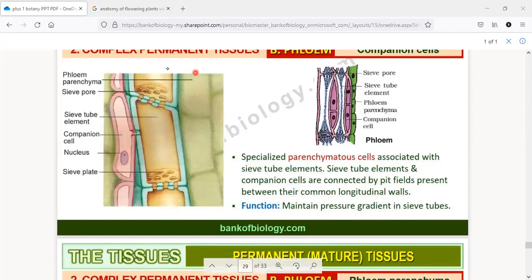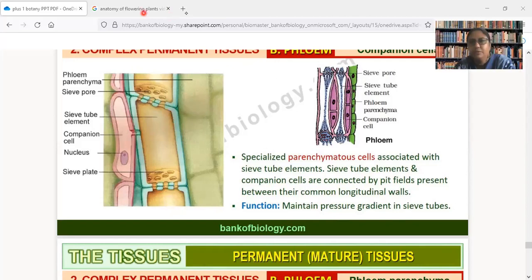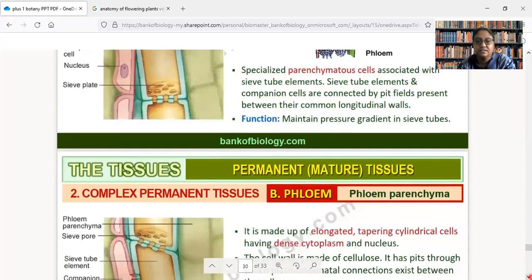If in a pipeline you are putting balls or some obstacle, the flow will not be uniform. But you require someone to control. That's why the nucleus is present in the companion cell, which is not directly participating in transport, and it is connected with the sieve tube to control it. So what control? It maintains the pressure gradient. Gradient means difference. So the transport is totally under the control of the companion cell.